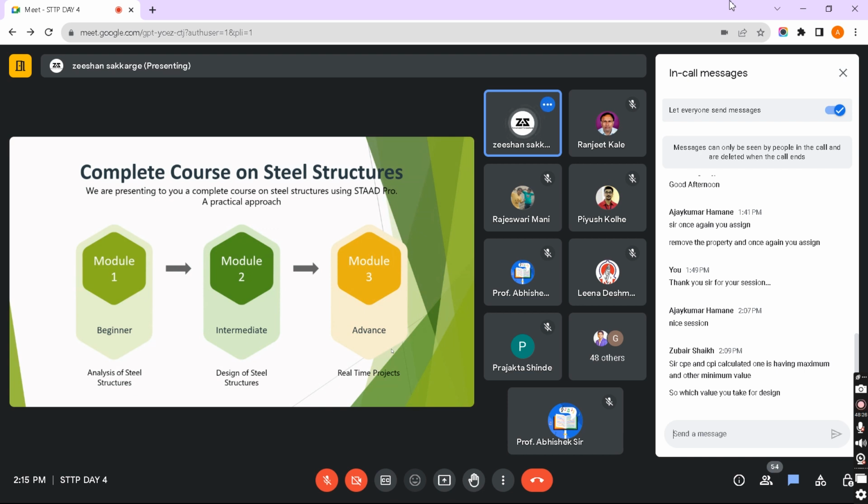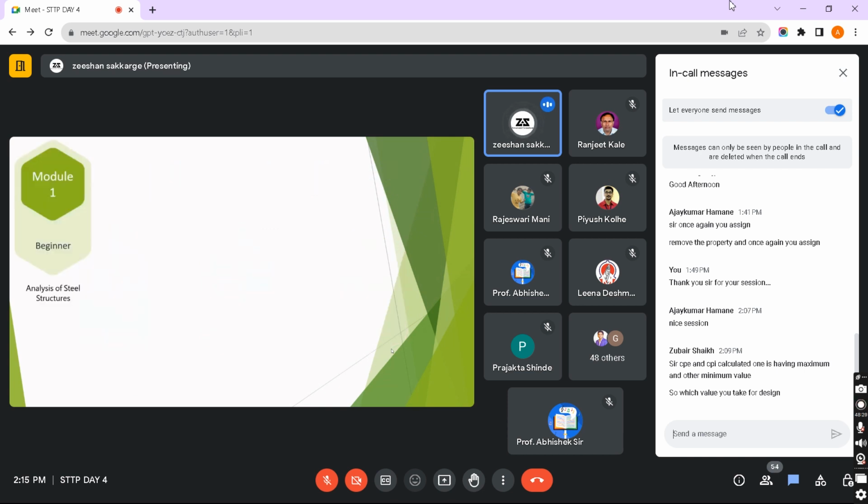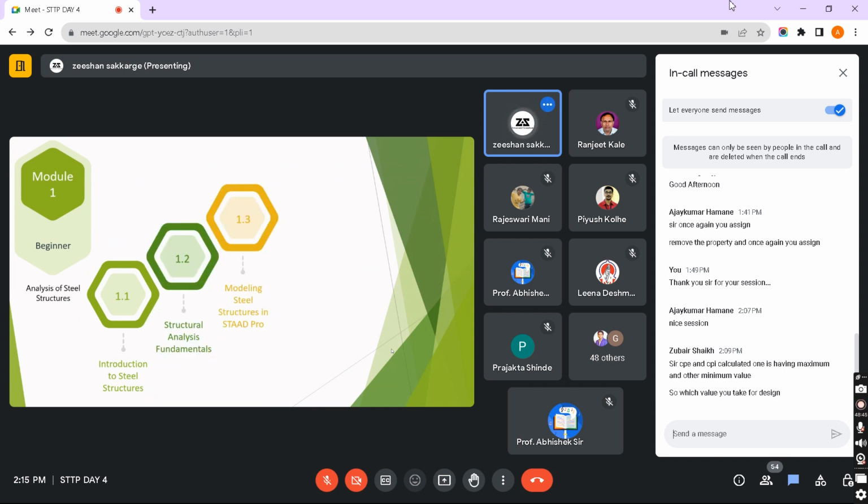So we will deal with some of the real-time projects. In this beginner level, again the beginner level is bifurcated in some chapters, and each chapter is again bifurcated in some lectures. We will have the introduction to steel structure, then we will study the structural analysis fundamentals, we will study the modeling of these members in STAAD Pro, we will do the static analysis, and we will also study